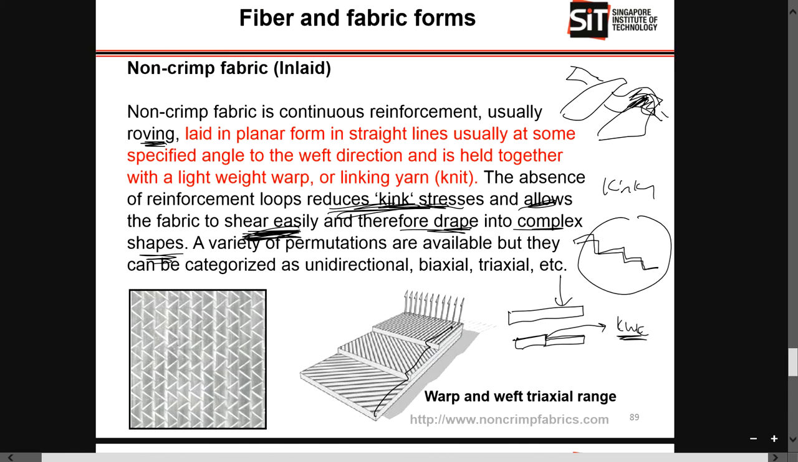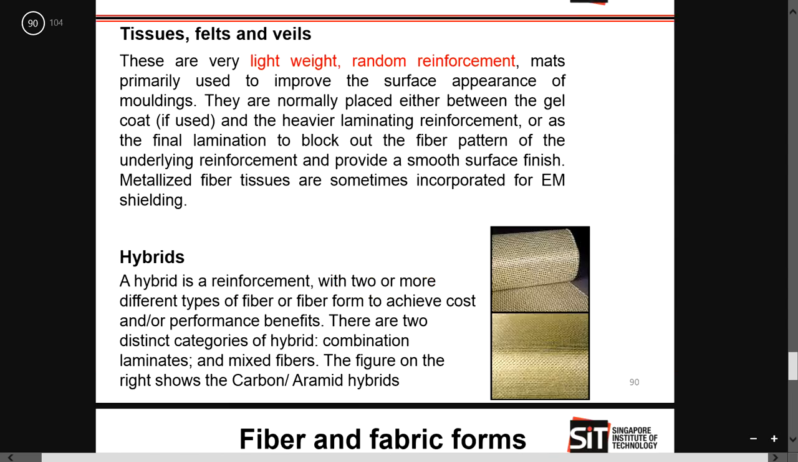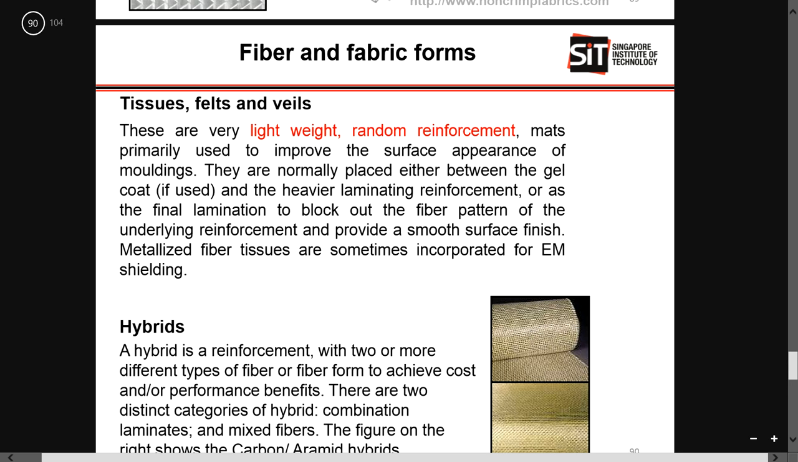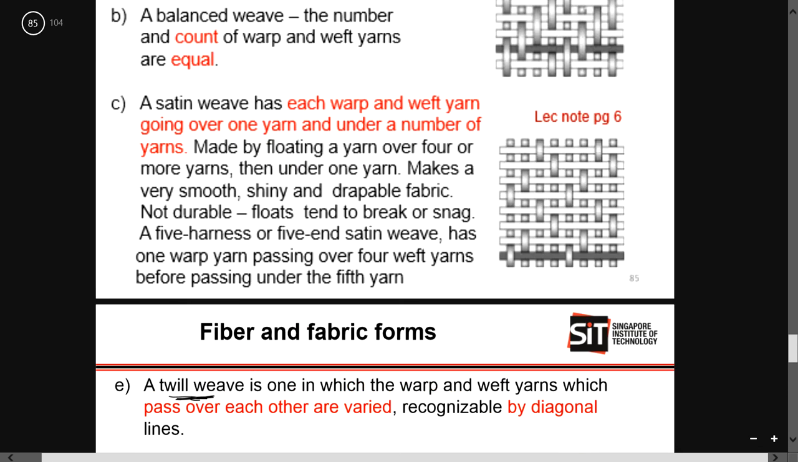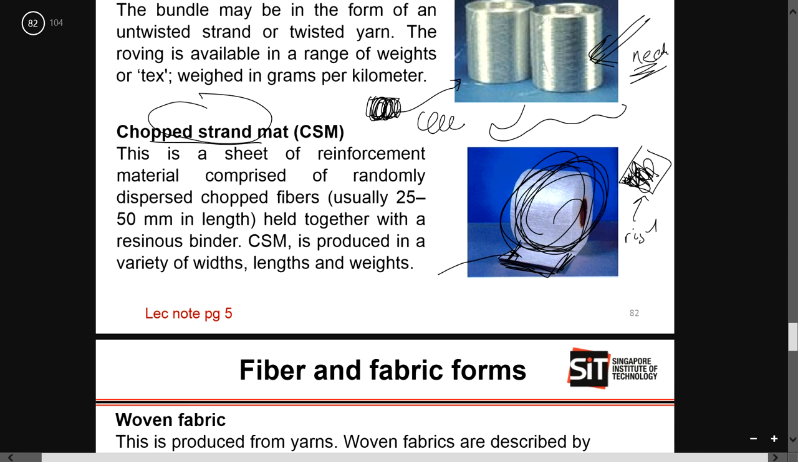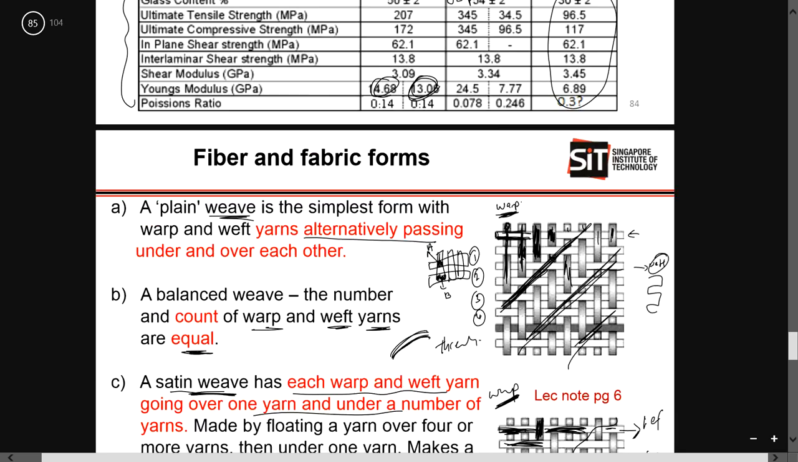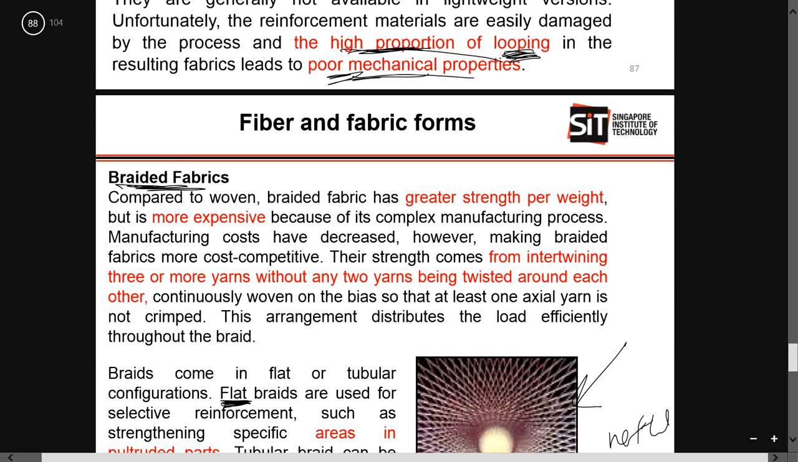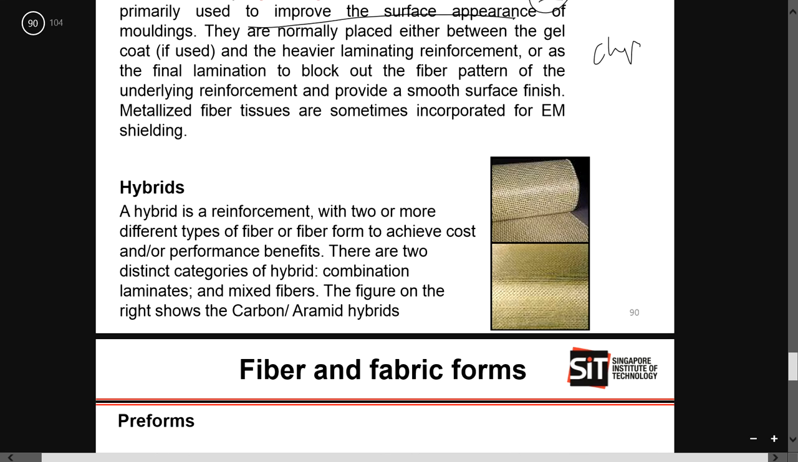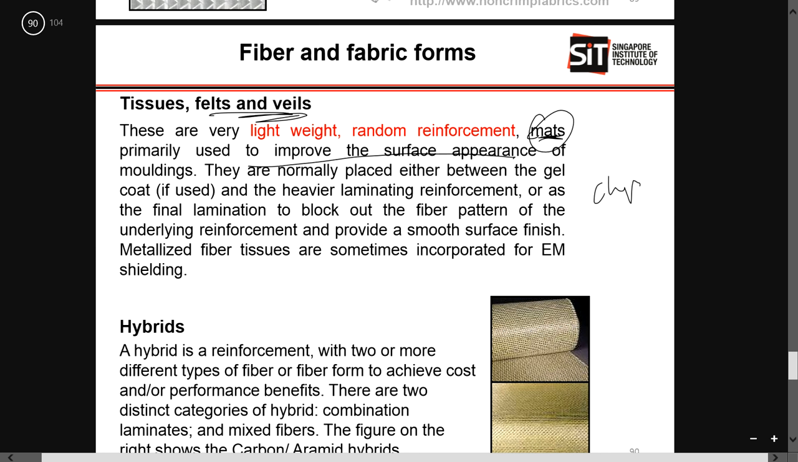And then you still have tissues, felts, and veils, which are mats, and mats are primarily used to improve the surface appearance. And mats itself, if you remember, is your chopped strand mat, or in other words, like your toilet paper. So this is why it's very similar to your tissue. This is your toilet paper, or CSM. So your tissues are pretty light, but I don't know whether it is our tissue or not. But anyway,